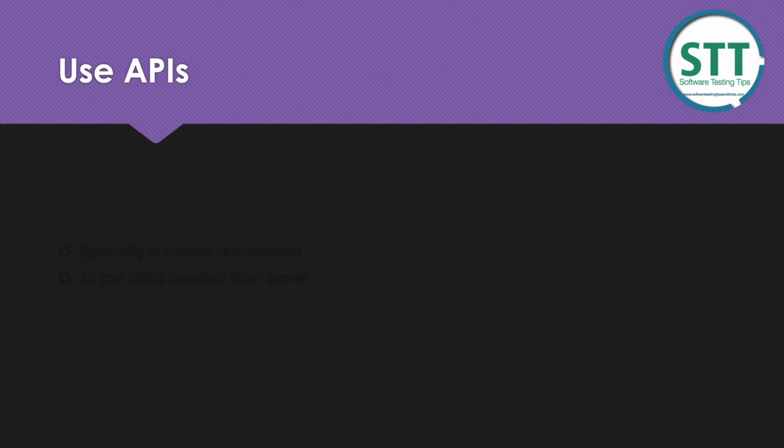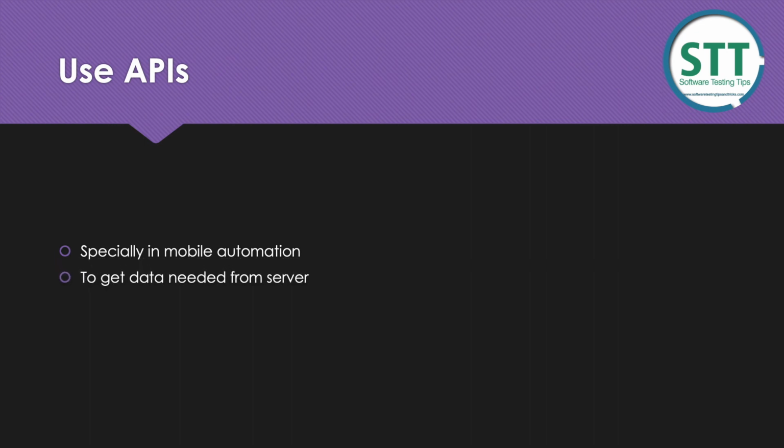The other main thing is changing your automation structure. Don't go for a lot of UI; use APIs as well. Whenever possible, try to use APIs, especially in mobile automation. When you are automating a mobile application, most of the data comes from APIs, so you can directly call those APIs, set the data in the background, and then start the mobile application. Whatever data you need from the server, you can fetch through APIs, and you can validate your applications.